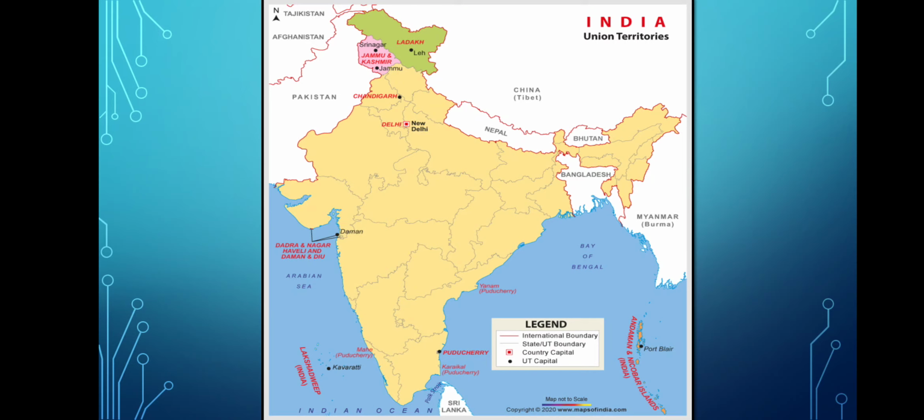So students, just go through this video, and take one blank map at your home, and locate all the names of the states, all the union territories and their capitals. If it is not possible to do all the pointing on one map, you can take two maps and divide or share it. On one map you can do all the states, and on another map all the union territories. And if you find that it is also congested, then you can divide it into 3 maps and practice, and you can color it as per your own choice.